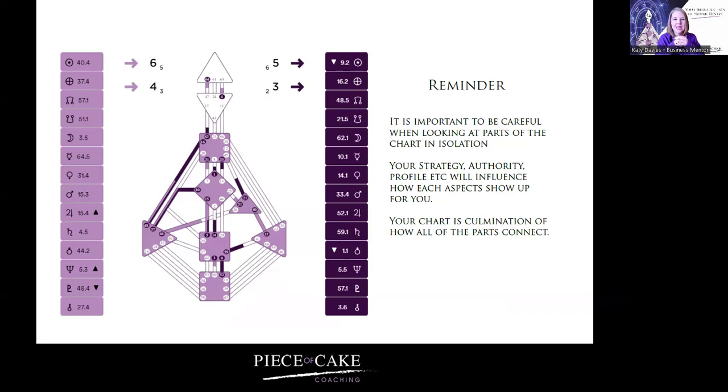So just be aware that it's your chart as a whole that is the big picture, and all these little bits are the sum of the parts. And an analogy I use, which I'm not sure is the best analogy, but it's the best one I could come up with, was